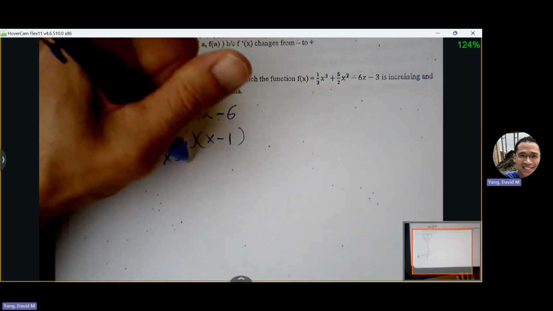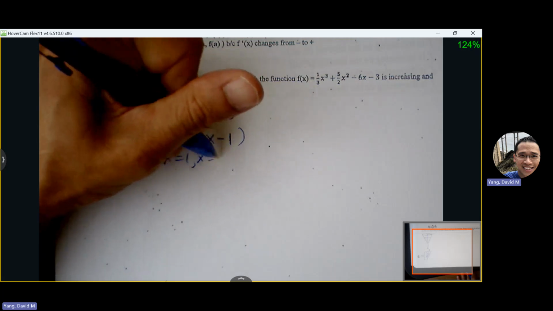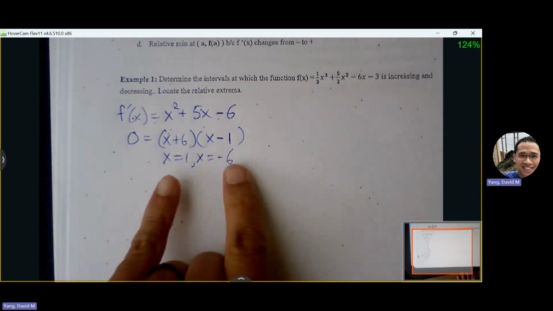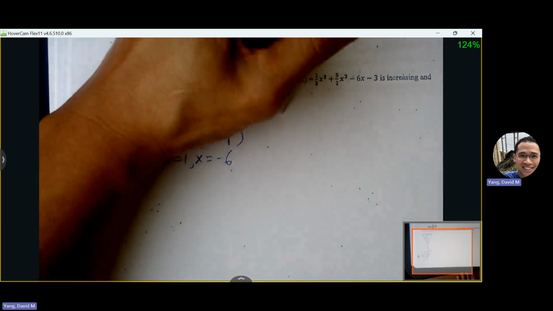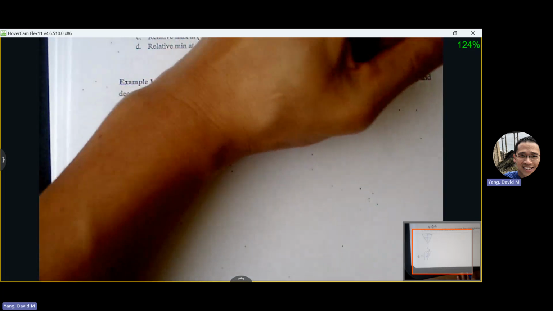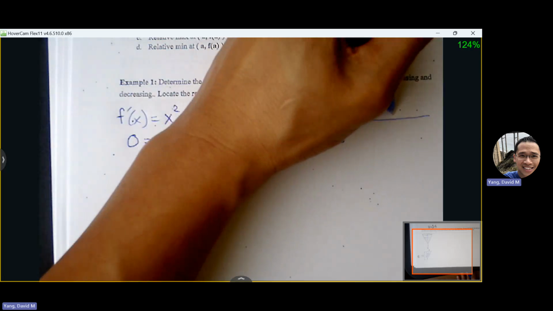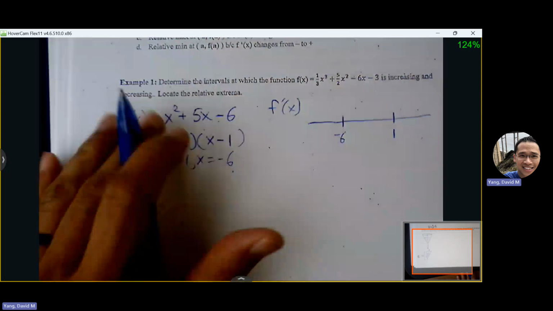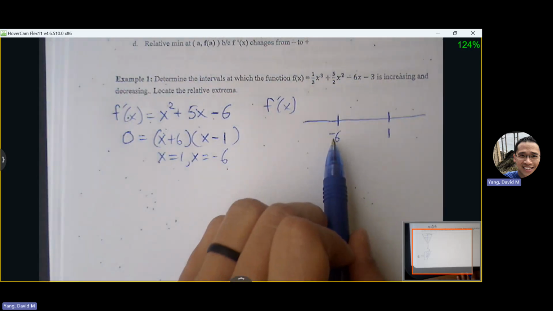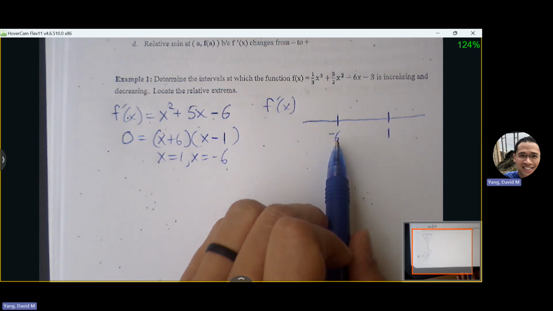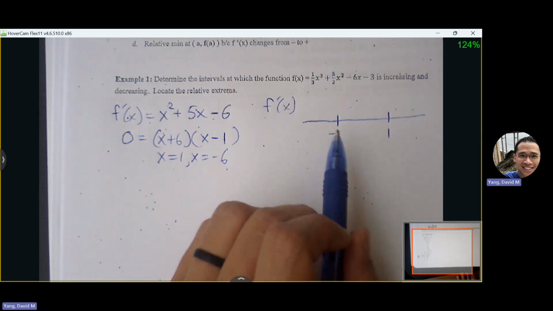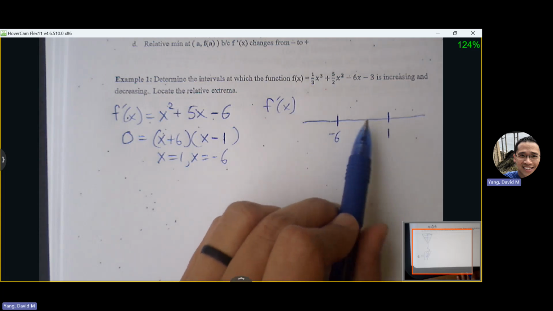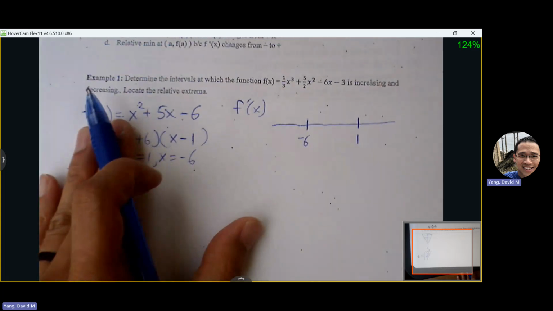Solve for x, we get 1 and -6. So now that we have our slope zeros, we're going to place them onto our f prime sign line. So we know that these are places on the graph where the graph is experiencing slope 0, but we don't know whether it's a slope 0 that's a relative max, a slope 0 that's neither, or a slope 0 that's a relative min. And also, we don't know the exact behavior in each of these subintervals,